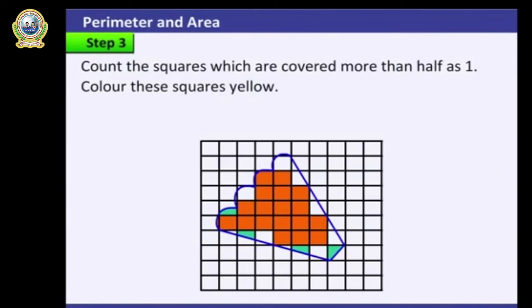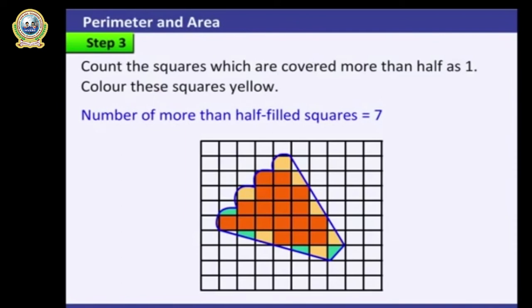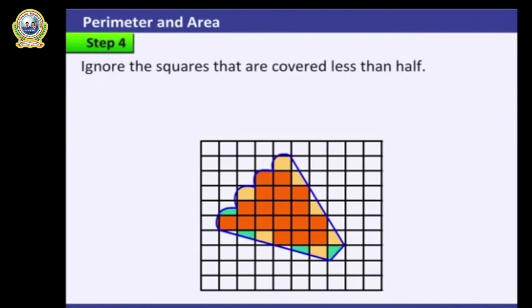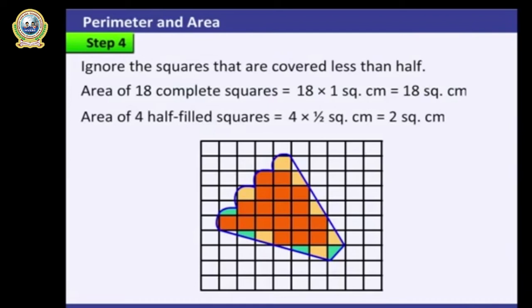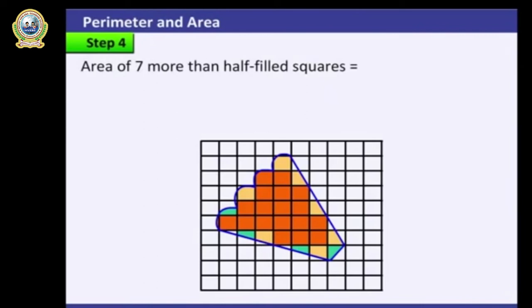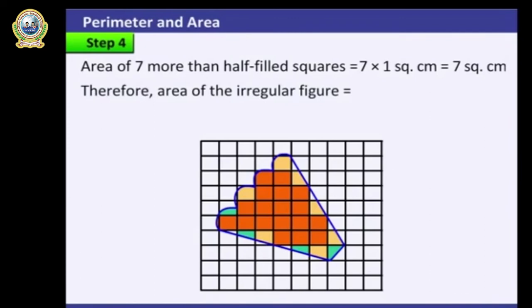Step 3. Count the squares which are covered more than half as 1. Color these squares yellow. Number of more than half-filled squares is equal to 7. Step 4. Ignore the squares that are covered less than half. Area of 18 complete squares is equal to 18 into 1 square centimeter, equal to 18 square centimeter. Area of 4 half-filled squares is equal to 4 into half square centimeter, equal to 2 square centimeter. Area of 7 more than half-filled squares is equal to 7 into 1 square centimeter, equal to 7 square centimeter. Therefore, area of the irregular figure is equal to 18 plus 2 plus 7 square centimeter, equal to